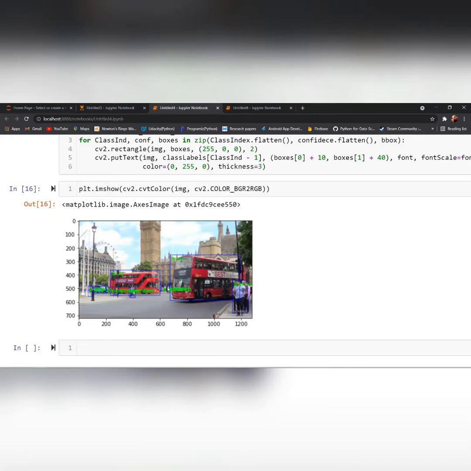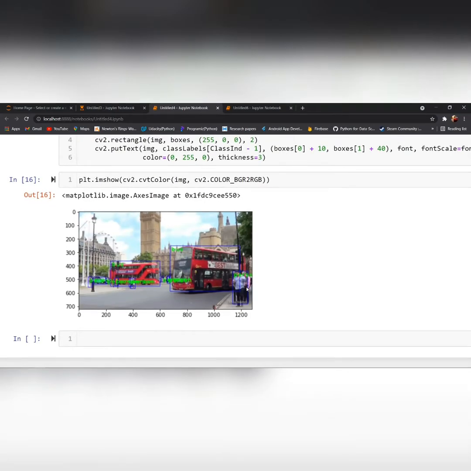It has detected a person here and two people here. So it is written person, but in this case the labels are overlapped by each other. Now we are done with detecting objects in an image.